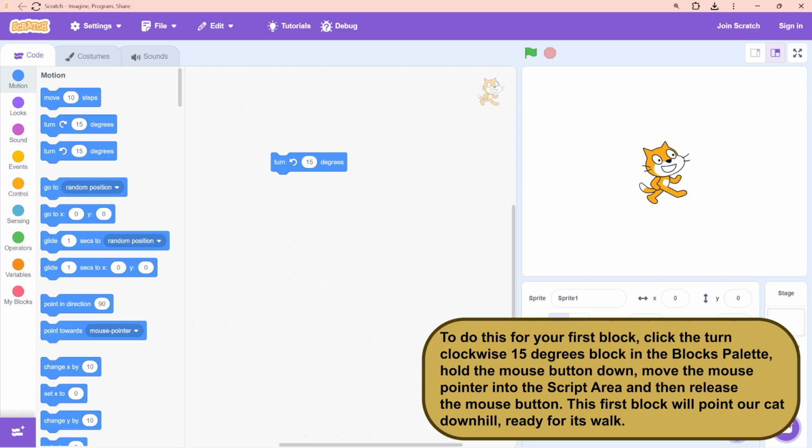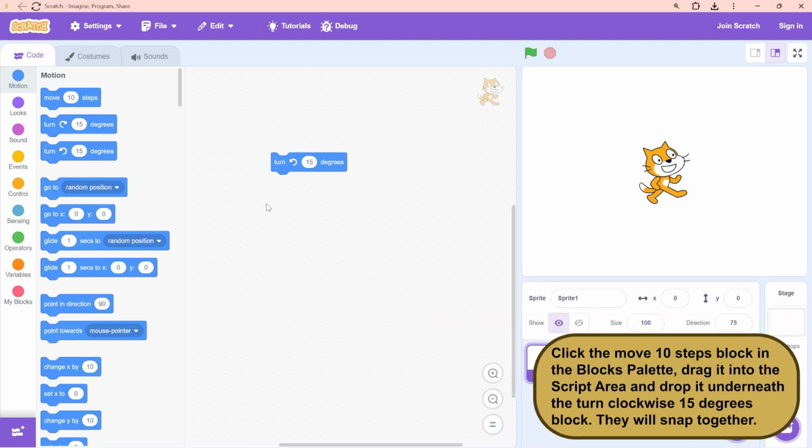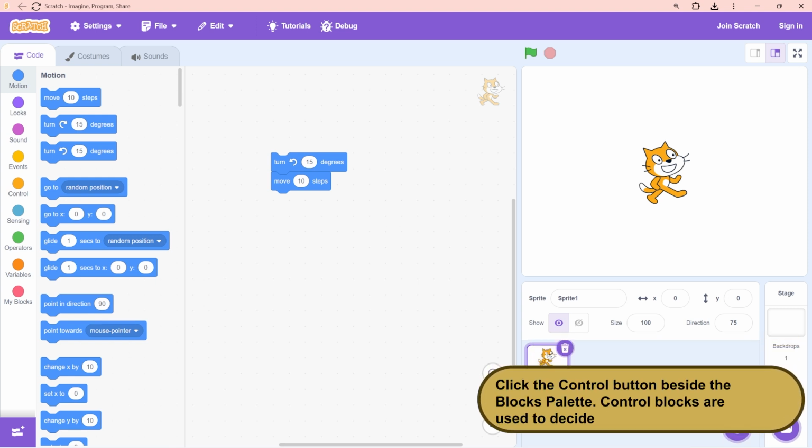This first block will point our cat downhill, ready for its walk. Step 5. Click the move 10 steps block in the blocks palette, drag it into the script area and drop it underneath the turn clockwise 15 degrees block. They will snap together.